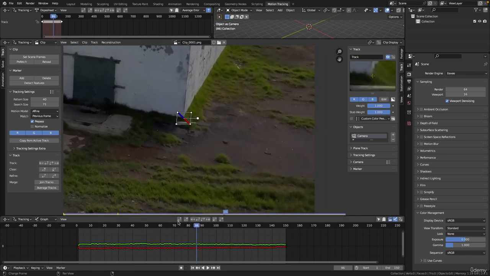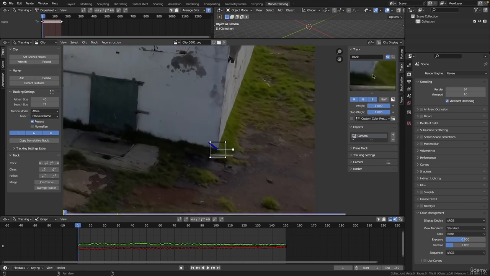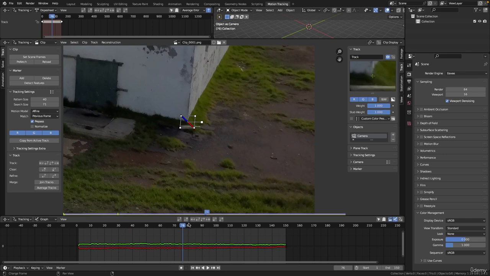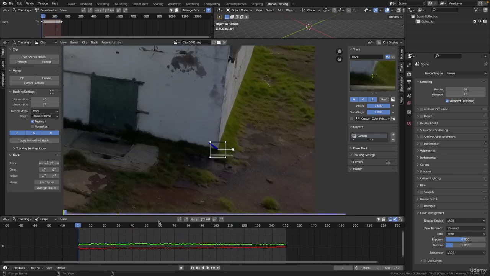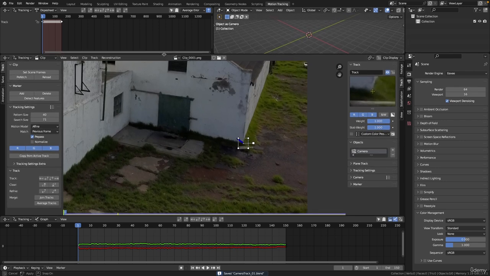So that's a really, really good track. So if you go to the last frame, you can see it's perfectly on that corner. If we go to the first frame, it's perfectly on the corner, and everything in between. So we have one track that's perfect basically. So let's save our project, and I just quickly want to show you, if we drag this down here at